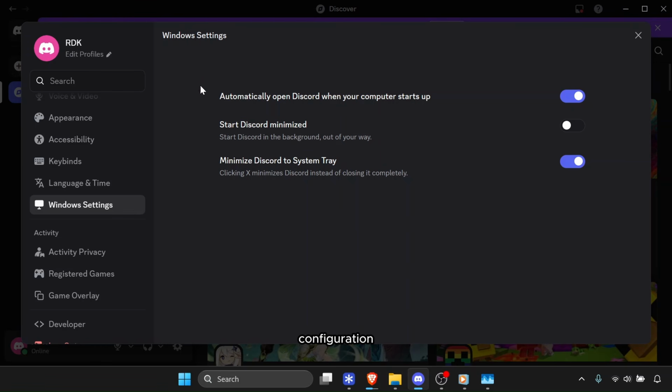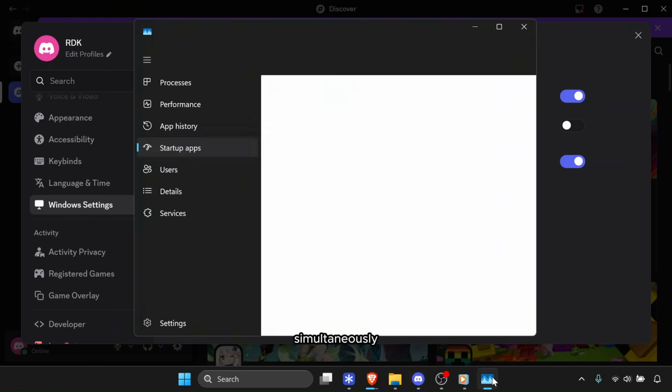Locate the configuration row option explicitly labeled Automatically Open Discord when your computer starts up. Click on the toggle switch right next to Automatically Open Discord when your computer starts up to turn it completely off. To ensure the operating system framework overrides any lingering active application rules, press Ctrl, Shift, and Escape simultaneously on